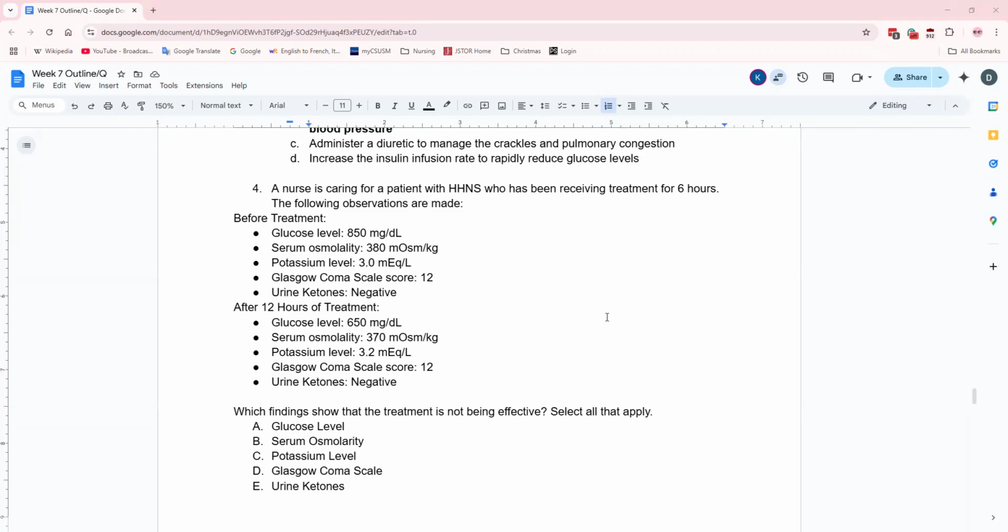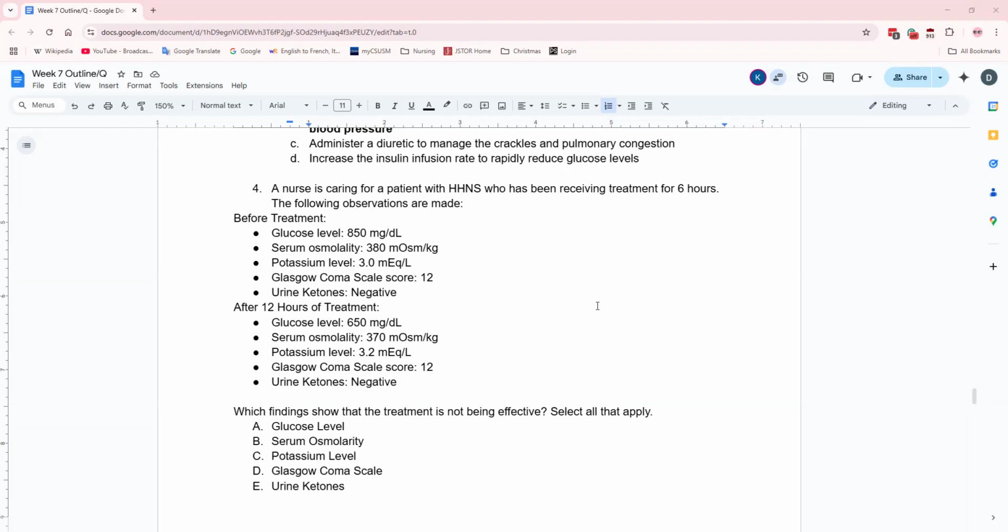Is this a general question? What do you mean? If you look at your Glasgow coma scale, if they're not able to talk, or if they're unconscious, then it gets affected by that. You would adjust your scale based on that.